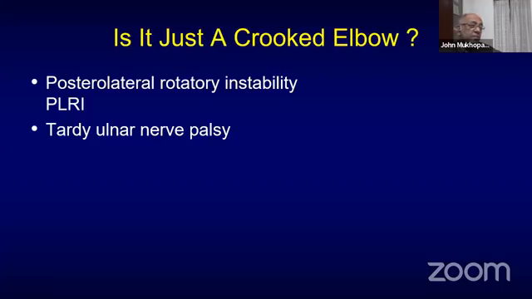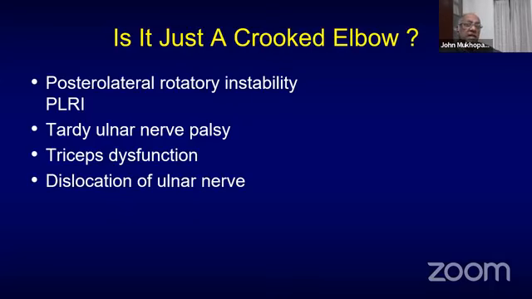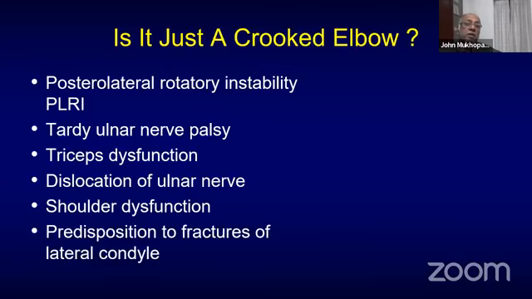Over the last 20-25 years, we have had to operate on 2 cases of varus deformity with tardy ulnar nerve palsy, compared to the numerous ones that we've had to do for cubitus valgus. You can get triceps dysfunction, which has been written about by Professor Sandhu from Amritsar. You can get dislocation or recurrent subluxation of the ulnar nerve. Shoulder dysfunction and even posterior subluxation of the shoulder has been described,